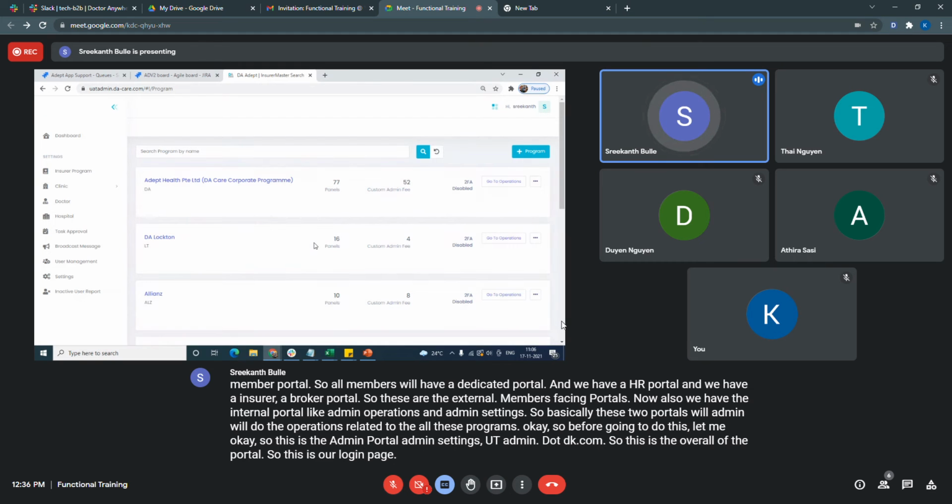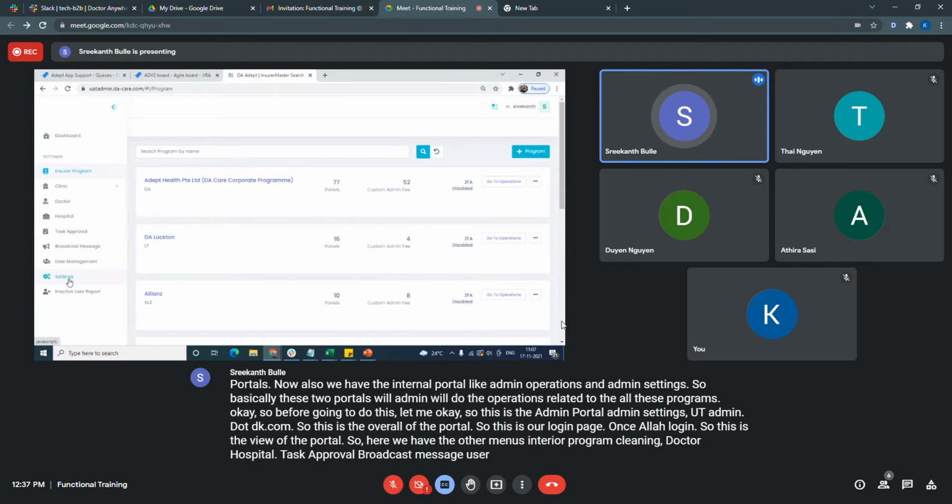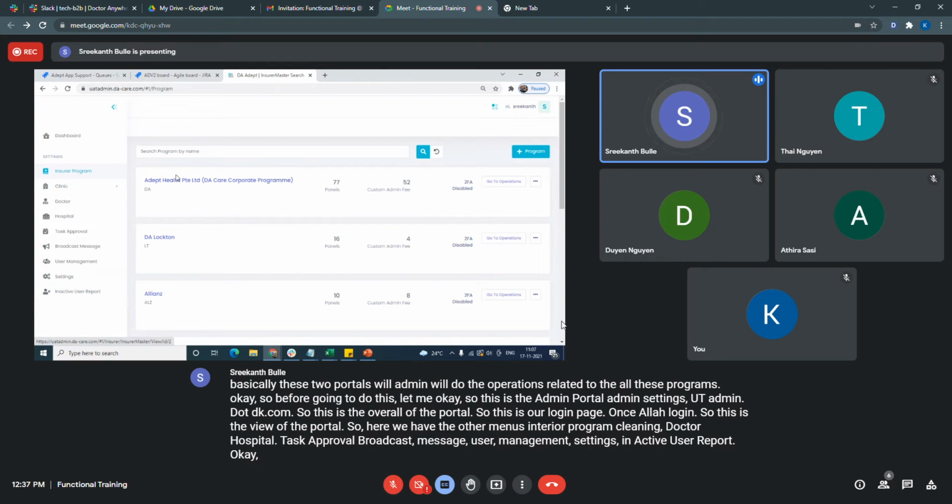Once logged in, this is the view of the portal. So here we have all the menus: insurer program, clinic, doctor, hospital, task approval, broadcast message, user management, settings, inactive user, report. Okay, so what are these?